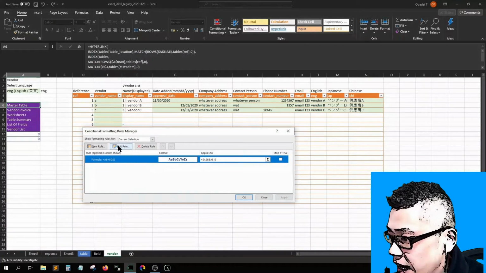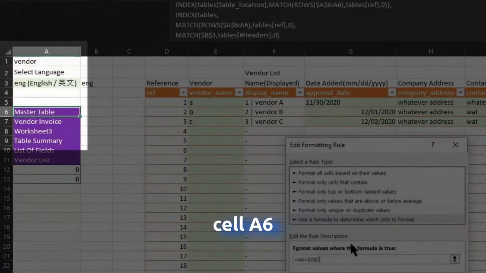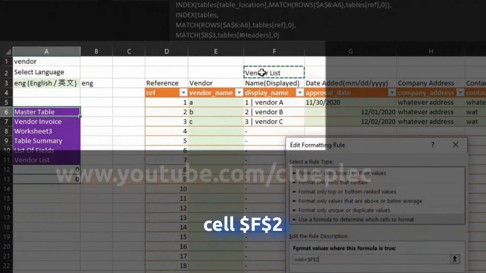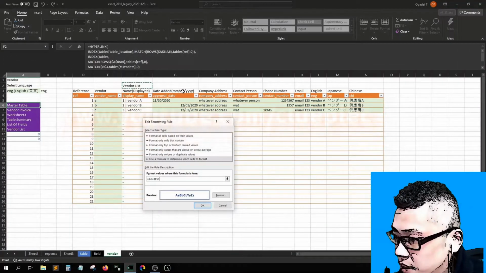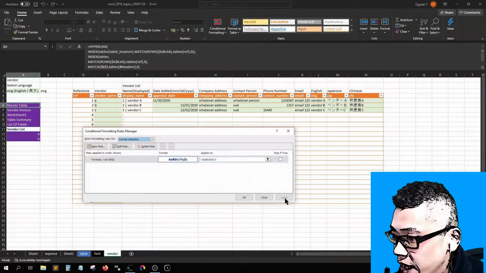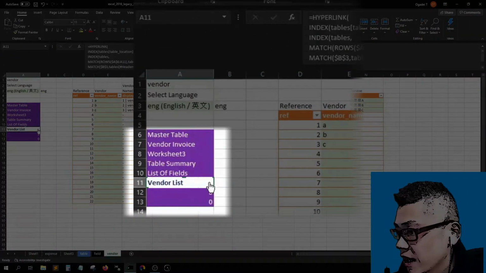Let me just edit the rules, because this one, cell B6, is going to be equal to this one, which is F2. Okay, then if I applied it, then you should see the vendor list is already highlighted.